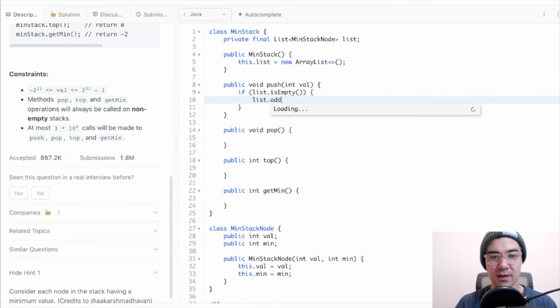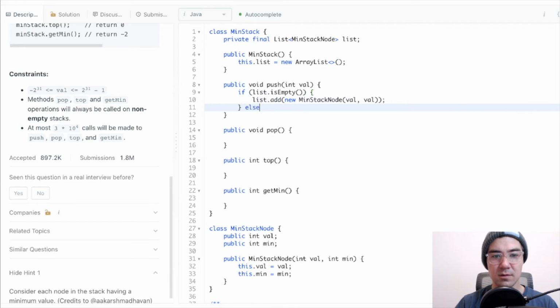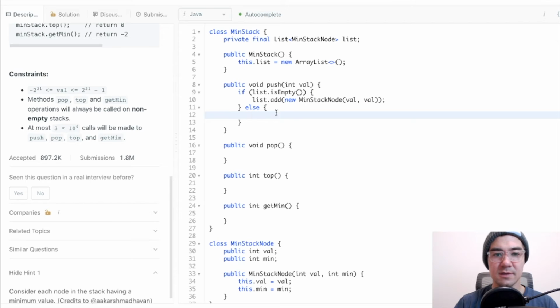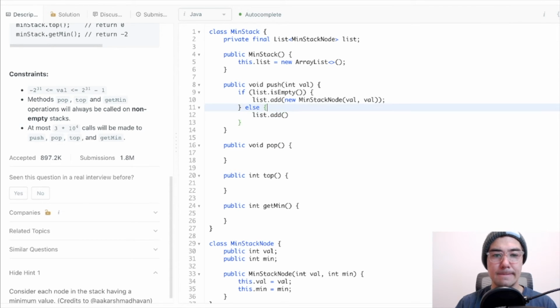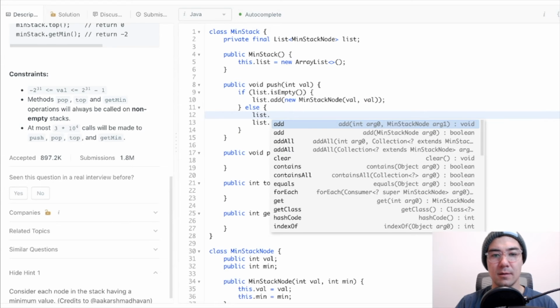So let me say list.add new min stack node, and then the value we put in is the value, and then the min is also the value. Okay. Else, list.add